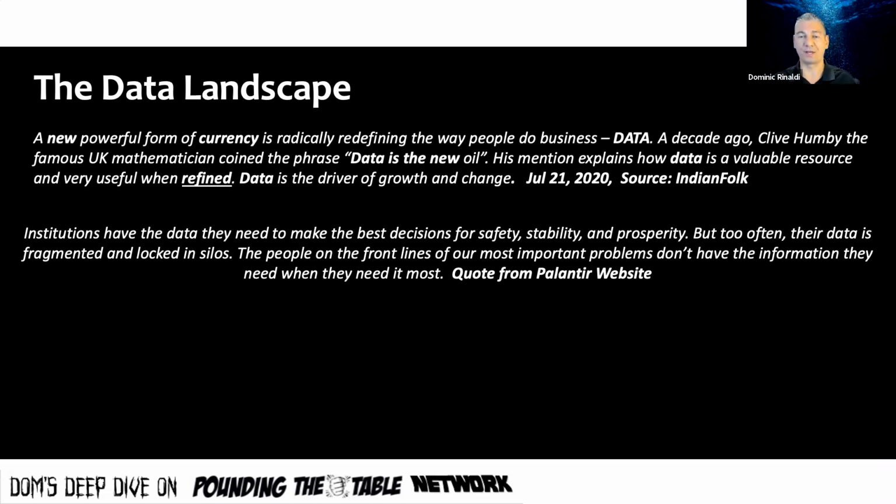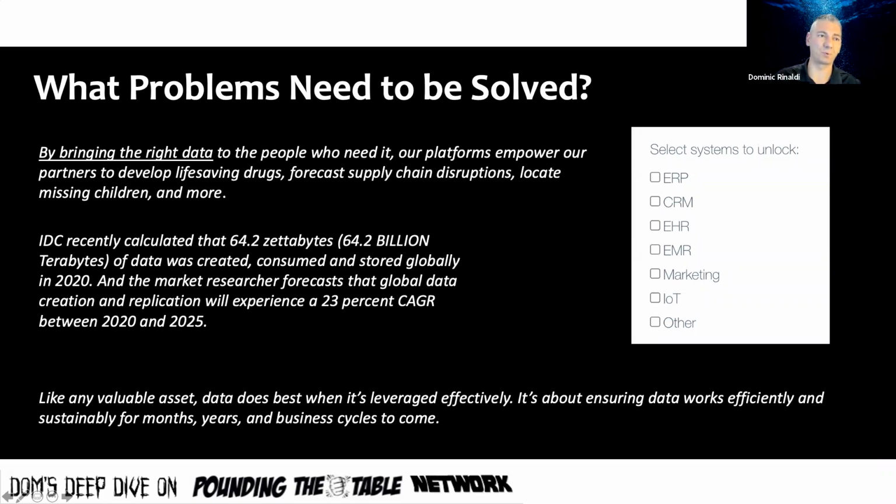So what we want from an artificial intelligence software program or from humans is accurate decisions, accurate data, and smart decision making in a timely manner. So how do we do that? Well, let's kind of dive into that a little deeper with what problems need to be solved with data. So it's ubiquitous around all data being for different industries, private, nonprofit, enterprise. There's data everywhere. And by bringing the right data to the people who need it, our platforms empower our partners to develop life-saving drugs, forecast supply chain disruptions, they locate missing children, and more. That's from the Palantir website. Those are game-changing contributions to our world. Life-saving drugs, forecast supply chain disruptions. Think about all the industries that deal with supply chain and locating missing children and